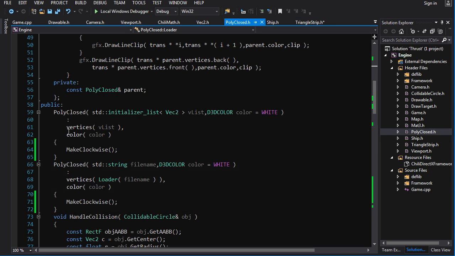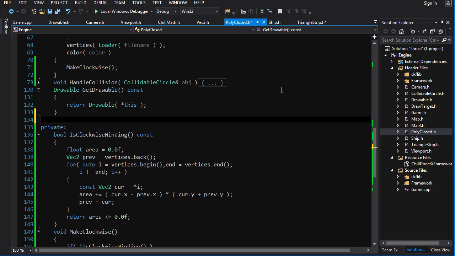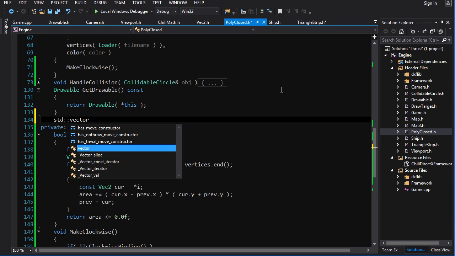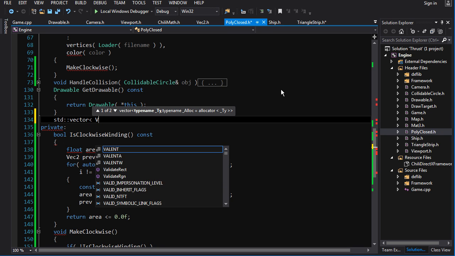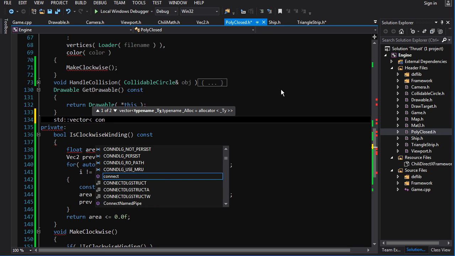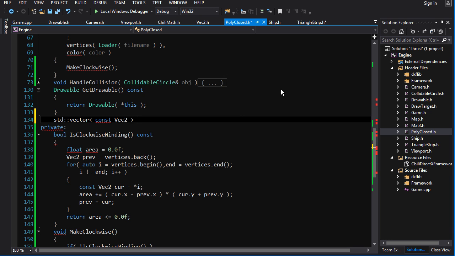We're going to add a function to polyclosed. And it's going to return the std vector const and we're going to call this one extract strip